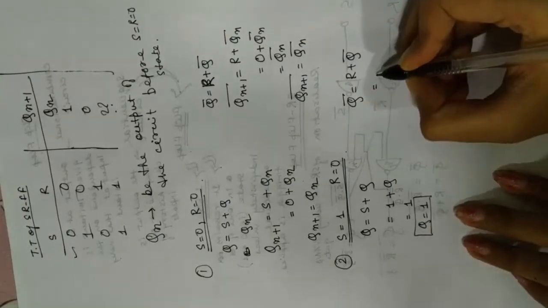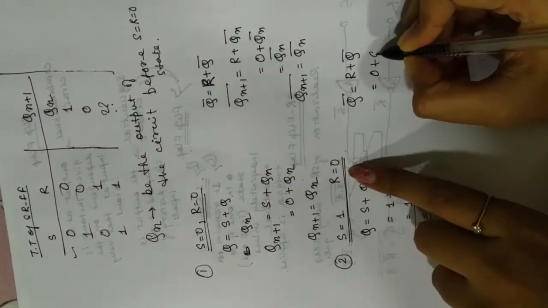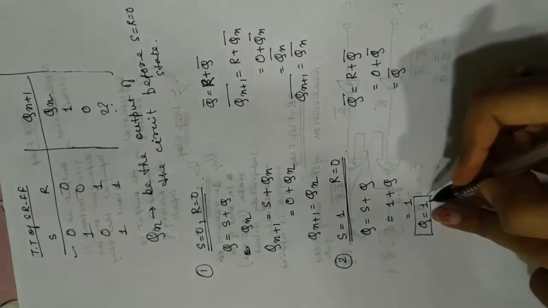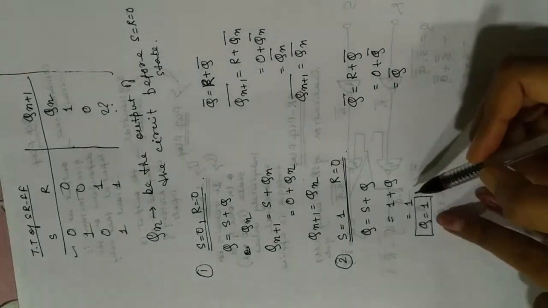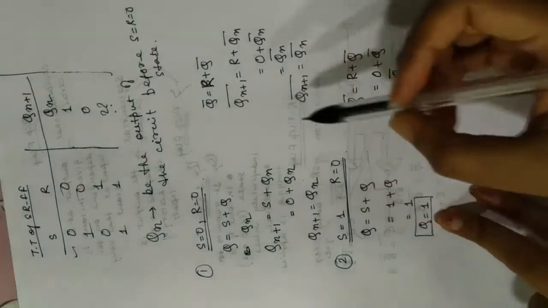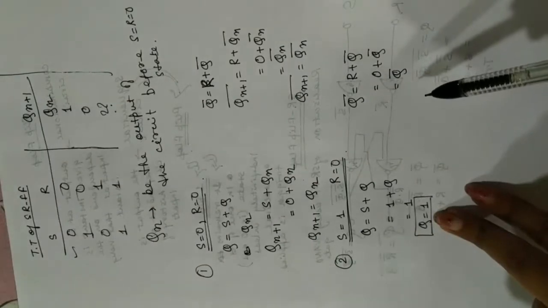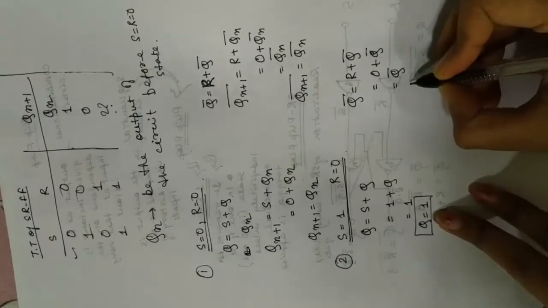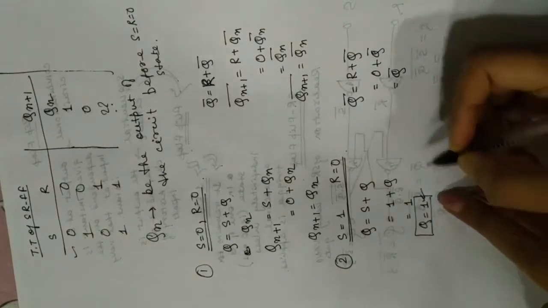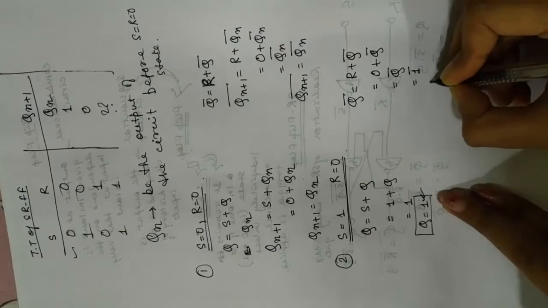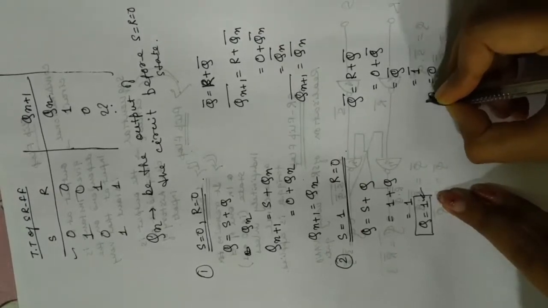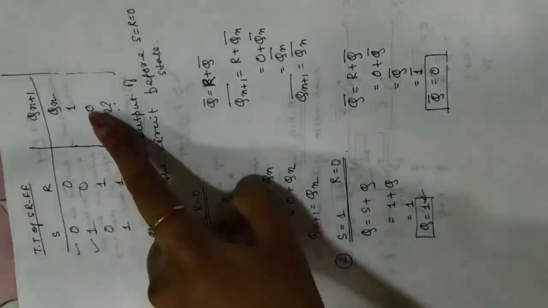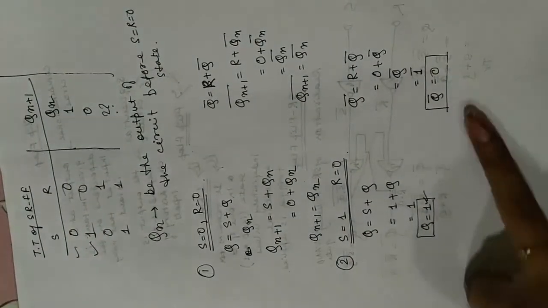Now over here Q bar is equal to R, which is 0, plus Q bar, is equal to Q bar. Now if you look in the circuit, the value of Q comes immediately, right? Q equal to 1, we get the value of Q. Now that value will be fed back to get G4, right? We have already got Q is equal to 1 from here, so it becomes 1 bar and you get a 0. Q bar is equal to 0. See, we have got this: Qn is equal to 1 and Q bar is equal to 0.